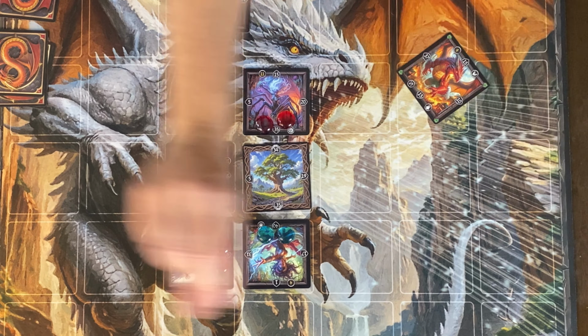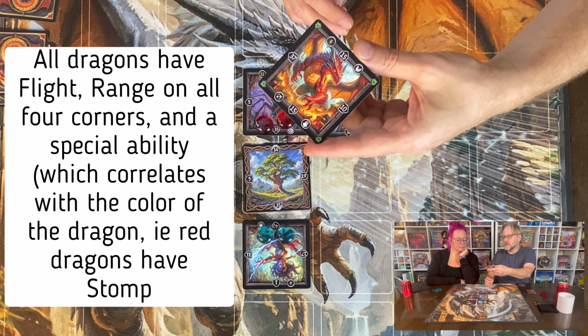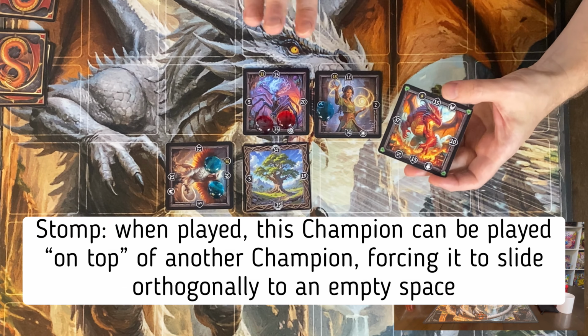All right, so your dragon has a bunch of special abilities. All dragons have flight, which means if they win by 10 or more, they score an extra victory point on that side. They all have range, and normal cards with range will have range on 2 of their sides. And if one of these green range arrows is pointing to an opposing card, then it scores a victory point. But dragons have range on all 4 sides, so they're awesome in that way. And they also have an additional special ability. The red dragons have the stomp ability. Stomp means that you can play it on top of another card and slide it over,